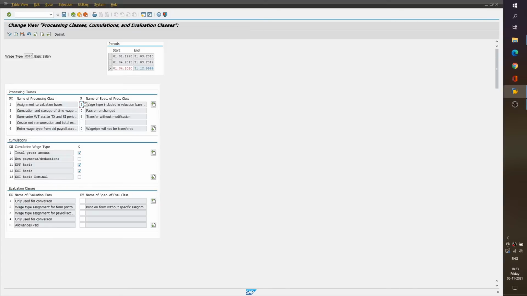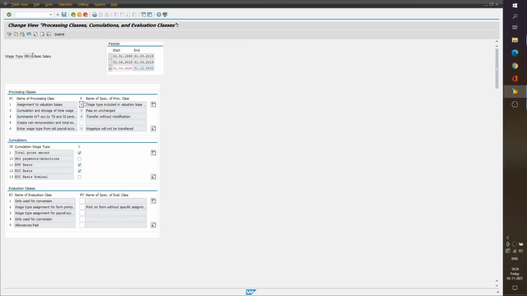Now when we run this payroll driver using a particular schema, we need to specify how certain rules will be applicable to these wage types. What rule has to be applied to basic pay, what rule has to be applied for house rent allowance, what rule is to be applied for conveyance allowance, something like that. One more question that comes to mind is, whenever we create a new wage type, we will have to write those rules again for the new wage type.